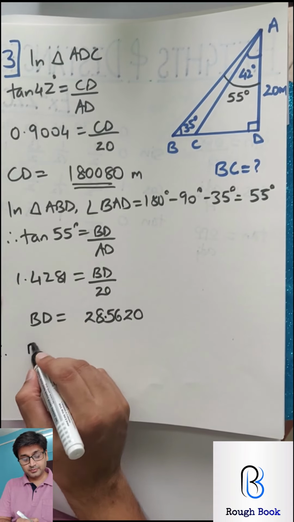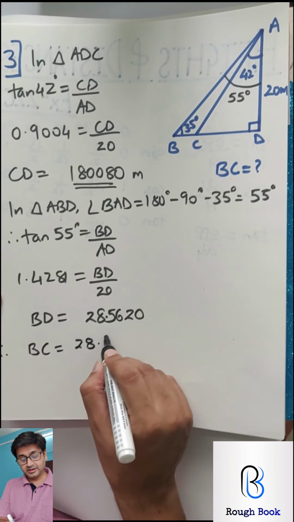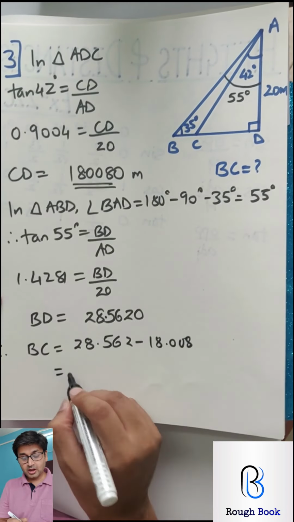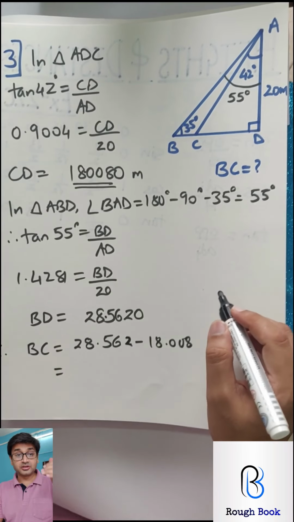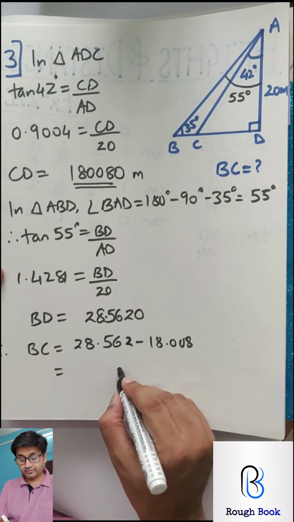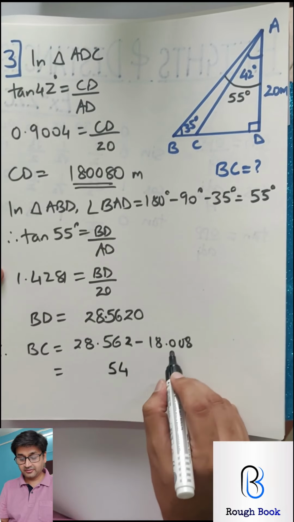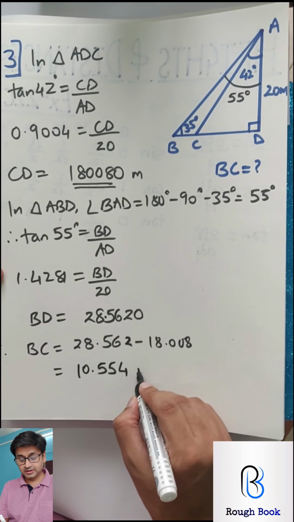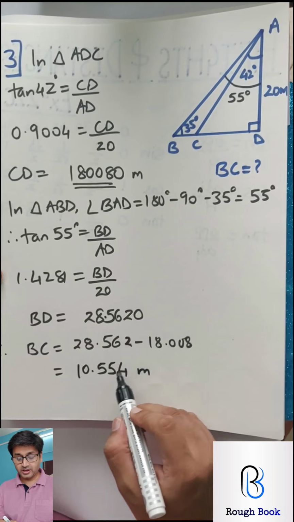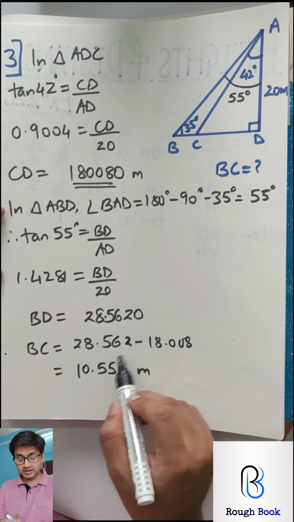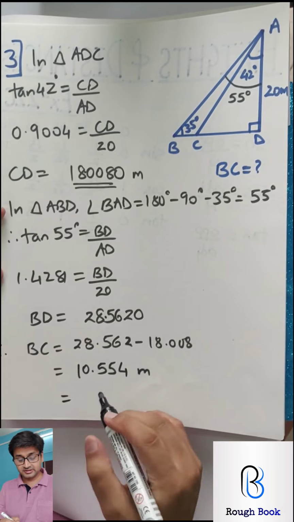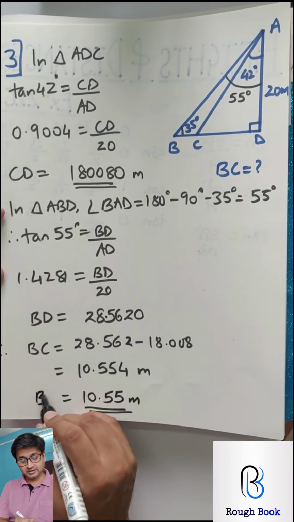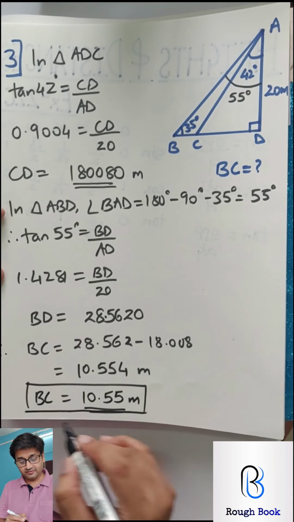Finally, therefore, BC, that's the target, will be BD minus this. Don't reduce the decimals until you reach the last step. So 2 plus 2 is 4, 6, so 5, again 5, 0 and 1. So it should be this many meters. Let's check. 8 plus 4 is 12, 5 and 1 is 6, 5, 8 and 2. Round it off to 2 decimals only in the end, not before that. And then you can say therefore BC is equal to 10.55 meters.